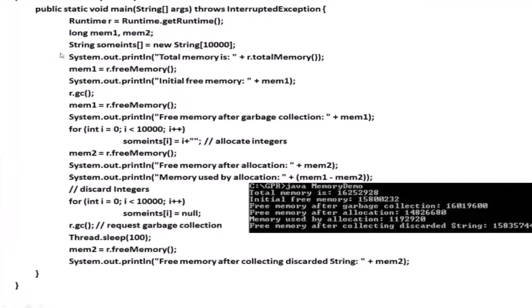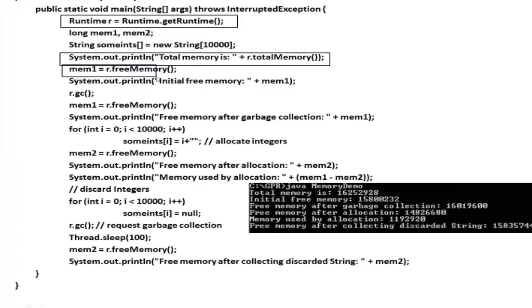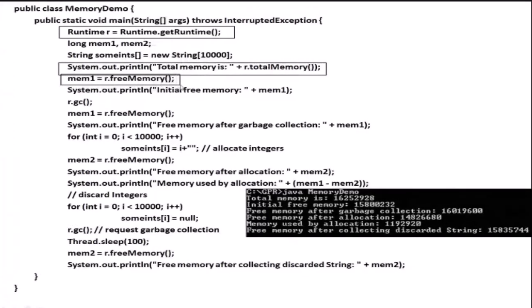What is total memory? Total memory is r.totalMemory. What is r? r is a Runtime object. During the runtime, what is the total memory? It has shown. Next, what we have done, we have freed the memory, mem1 equal to r.freeMemory. After that, it is going to show initial free memory. Once you run r.freeMemory, it is going to show less compared to